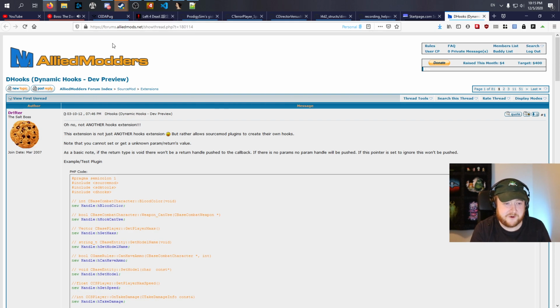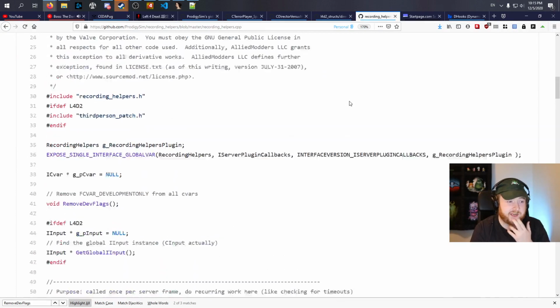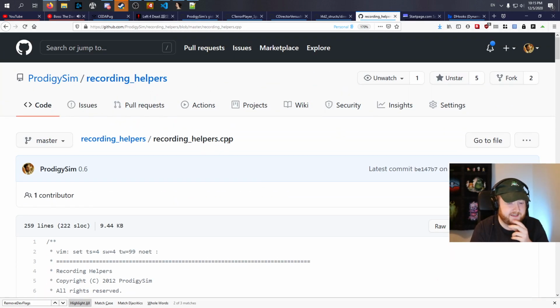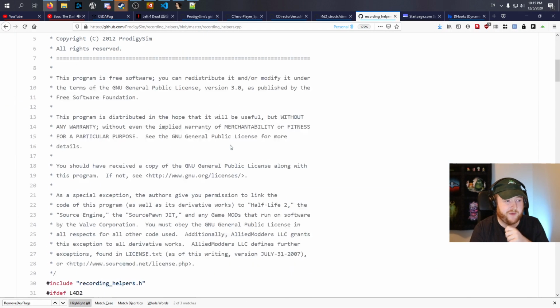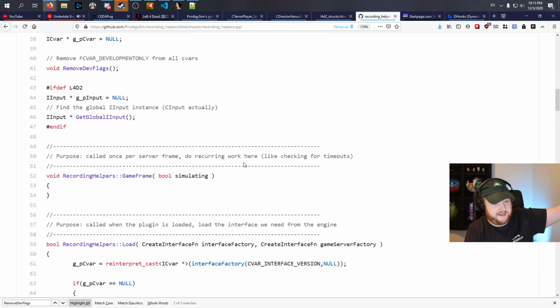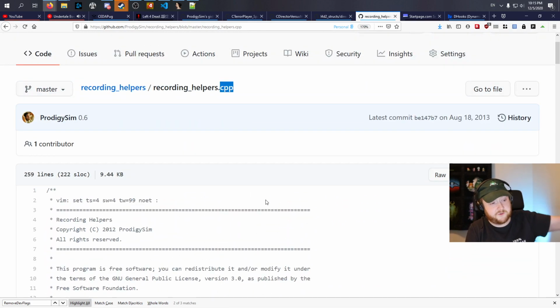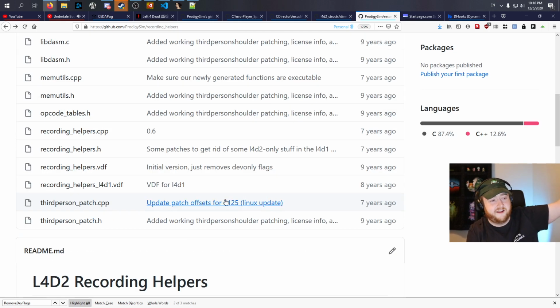The thing that I'm most proud of, hack-wise, is in the recording helpers, to do the third person hacks. You can't use third person shoulder in versus mode basically, right? And so I needed to patch that check, because they did a has-player-controlled-zombies check, and I wanted to just patch that out. But if I just tried to patch that instruction out, to flip the conditional or make it false or whatever,